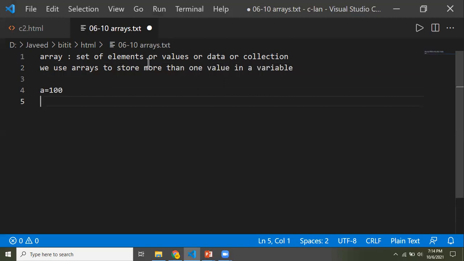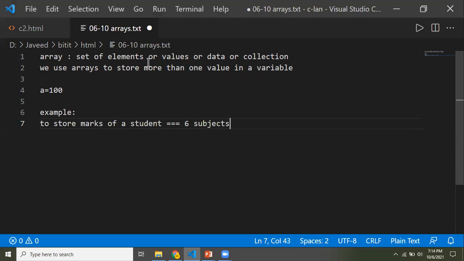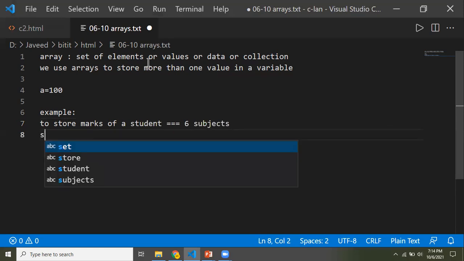We'll take a better example. Let us say I want to store the marks of a student in 6 subjects. What is a simple method for me?